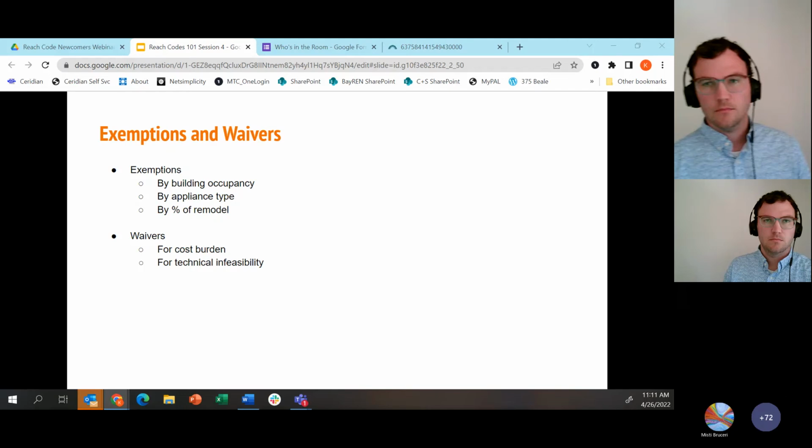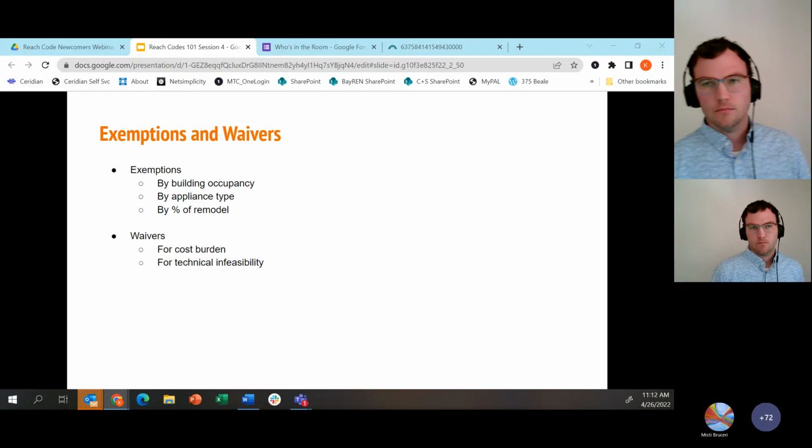And I would be shocked if existing building ordinances don't take good use of them to some extent in the beginning. And they can be designed to be specific to those building occupancies or specific to an appliance. But then we also see them relate to trigger points in terms of how much of an addition or how much of a remodeling project might be triggering that.